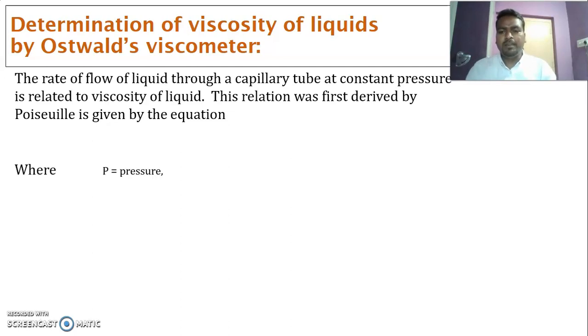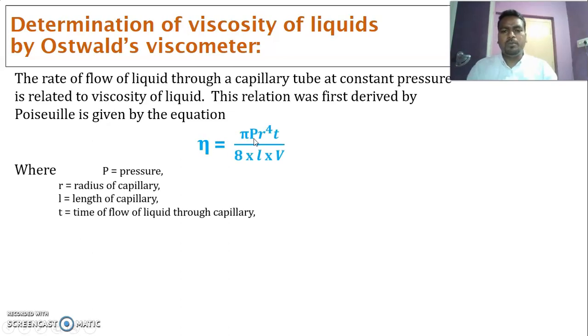This is given by, eta is equal to pi P r to the power of 4 t divided by 8 L V, where eta is the viscosity coefficient, pi is a constant, P is the pressure, r is the radius of the capillary tube, and t is the time taken by the liquid to move between the two reference points. L is the length of the capillary column, and V is the volume of the liquid which is occupied by the capillary column. Then we also know that the pressure